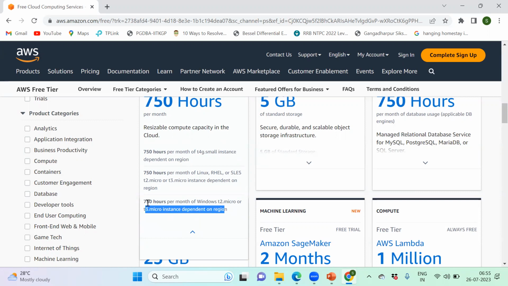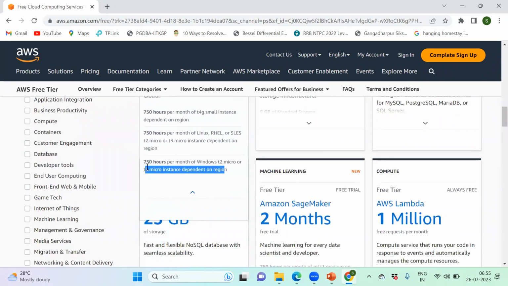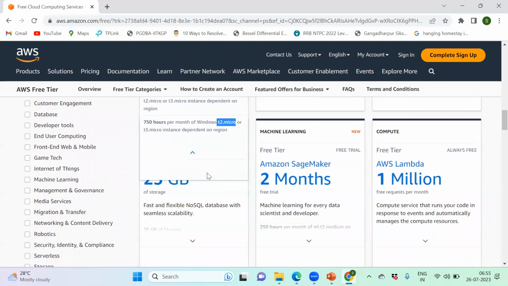Those are free for 750 hours per month. All the things have been written over here. For each month, 750 hours is free for this particular instance. The instance part I just showed you in the last slide. So you just need to check how much CPU and RAM T2 micro has over here.